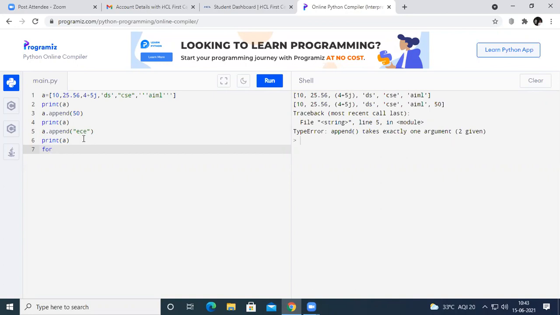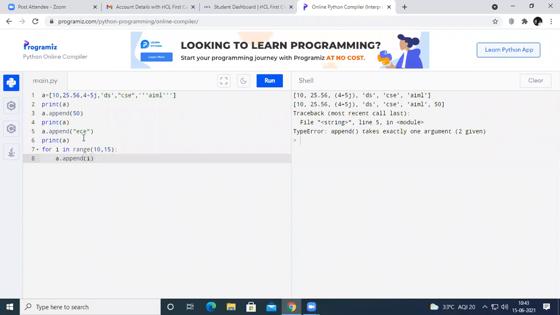For example, for i in range of 10 comma 15, and here a dot append of i.